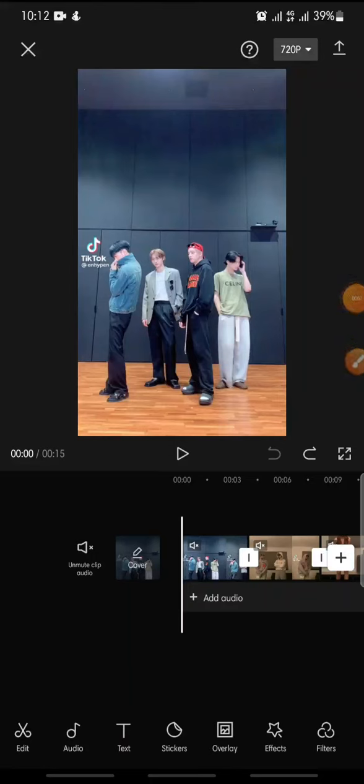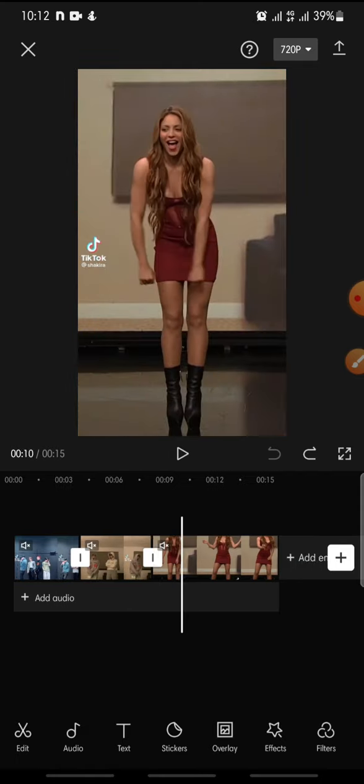In this video, I'm going to show you how to add a little devil transition on CapCut apps. Now let's get started. First, after you open your CapCut apps and add the video that you want to edit,